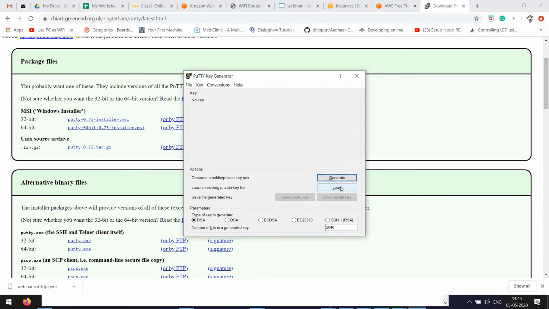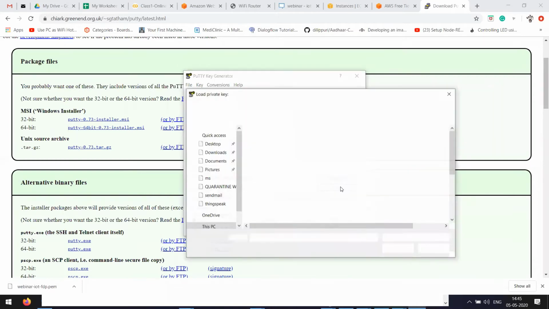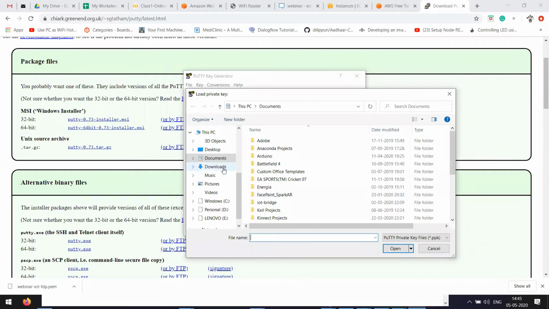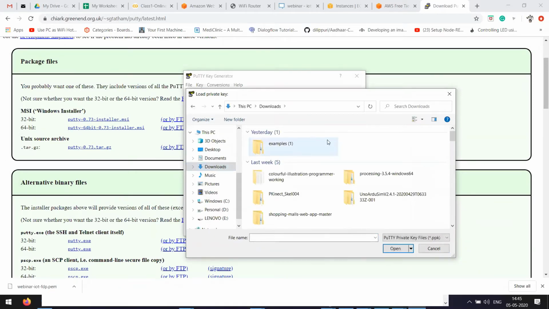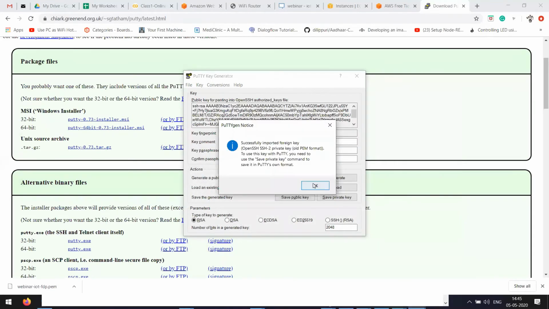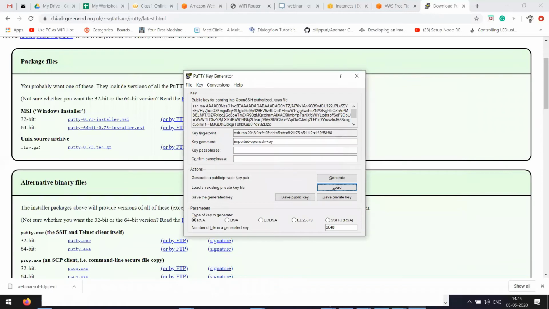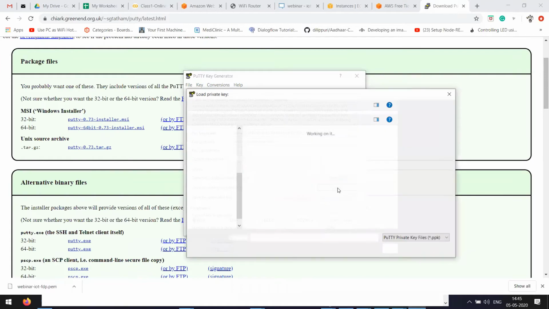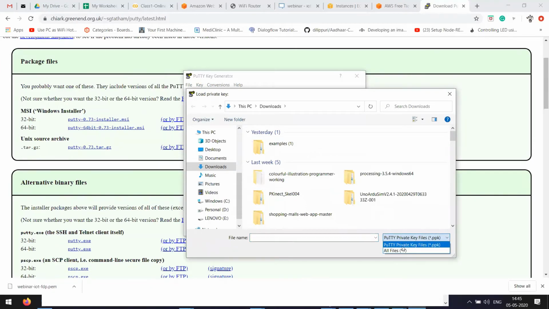You need to select the PEM file which is downloaded. Click on load and make sure that you select all files.